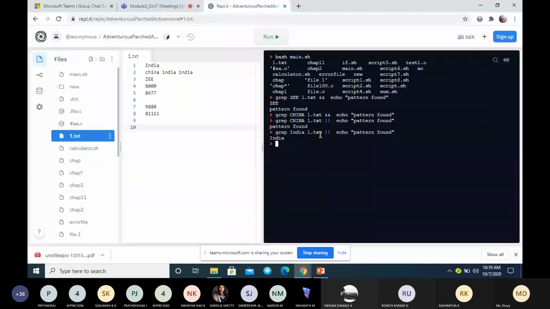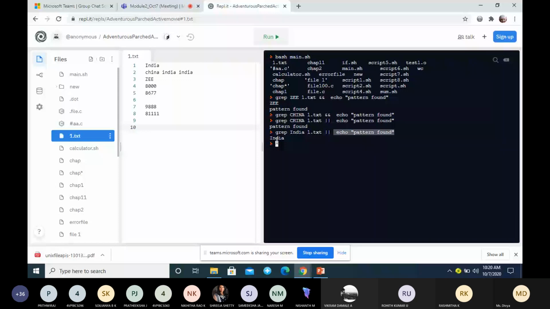If you are using or, and the first command is executed successfully, then it will not go to the second one. Only the first output is displayed. Or means one, not both. Either this one or this one will be executed. If the first command is executed, the second command will not execute. If the first command is not executed, then it will check and execute the second command. Clear?